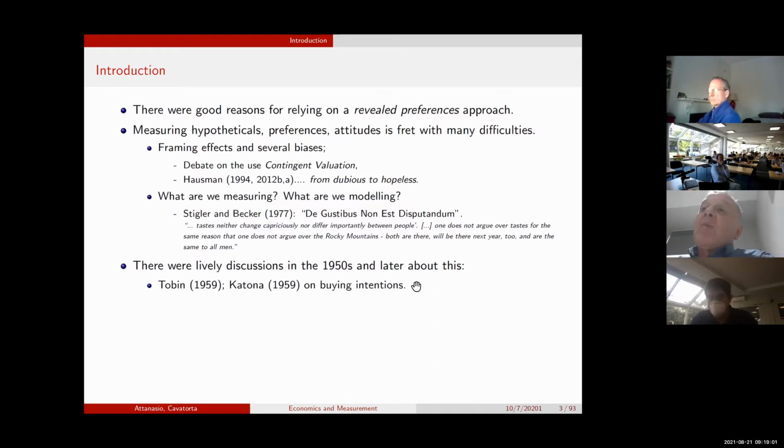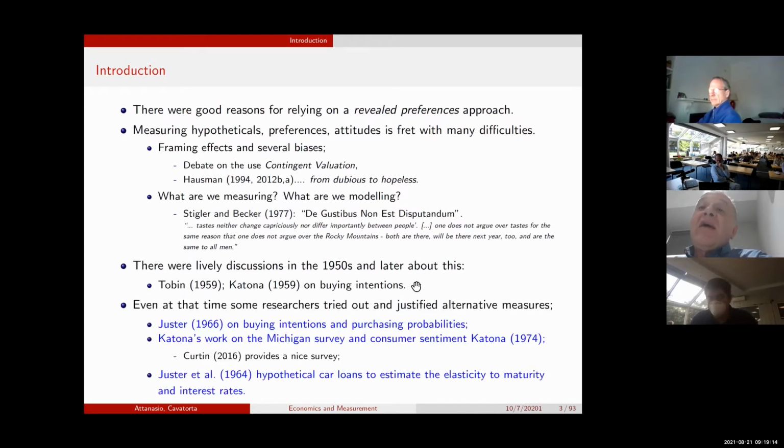He was working on buying intentions. So there was a data set collected at the time where people were asked questions about their intention to buy cars. And Tobin analyzed those data afterwards and claimed that there were a bunch of issues